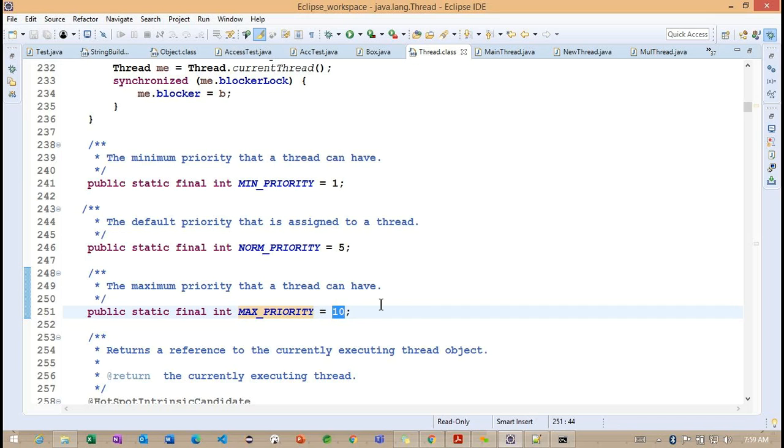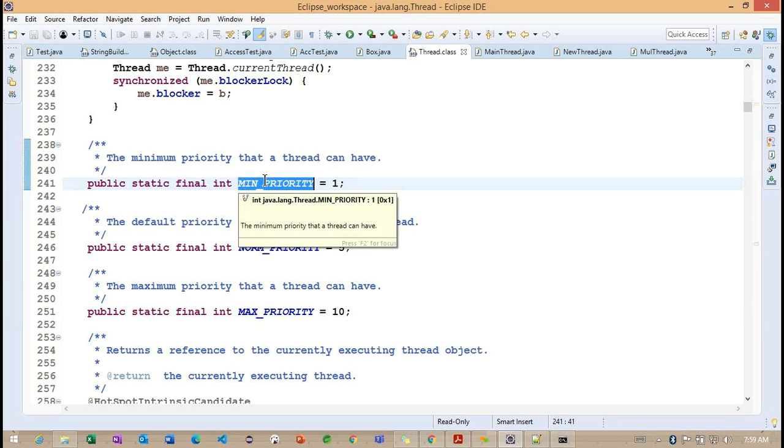Getting the point? Now in the same way, in our Thread class we define the three priorities. Using these three priorities is how we are going to work. For the min priority, the CPU time occupied is less compared to our max priority. Everything is taken care of by the scheduler. The scheduler concept is implemented in Java and is available by default.